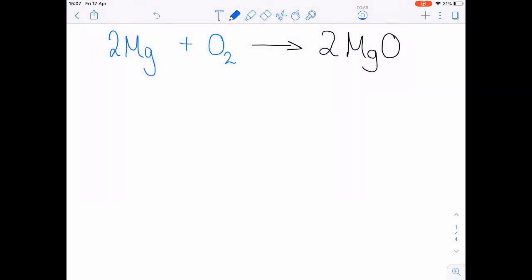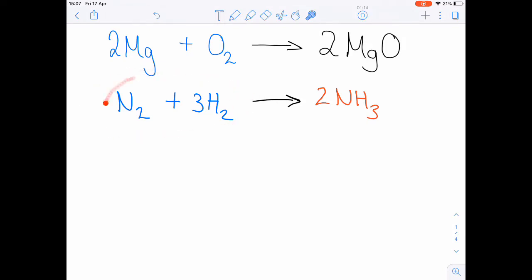so if I was to write out the equation where we've got nitrogen reacting with hydrogen, you get ammonia being produced. So that's 2NH3. So in this reaction it's a little bit different, because as soon as nitrogen and hydrogen react together to